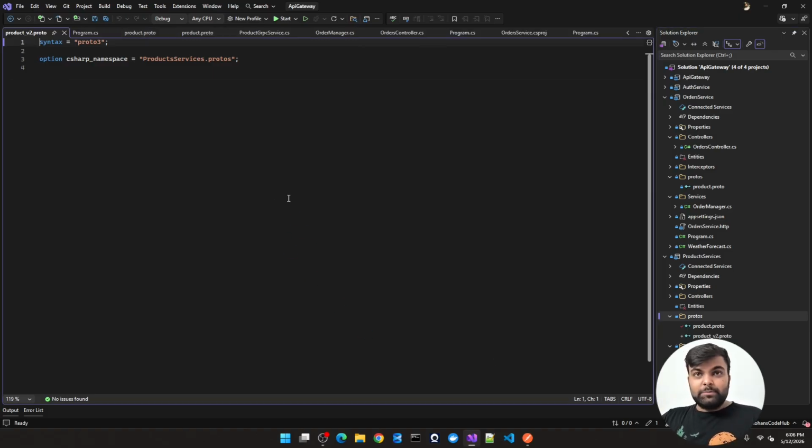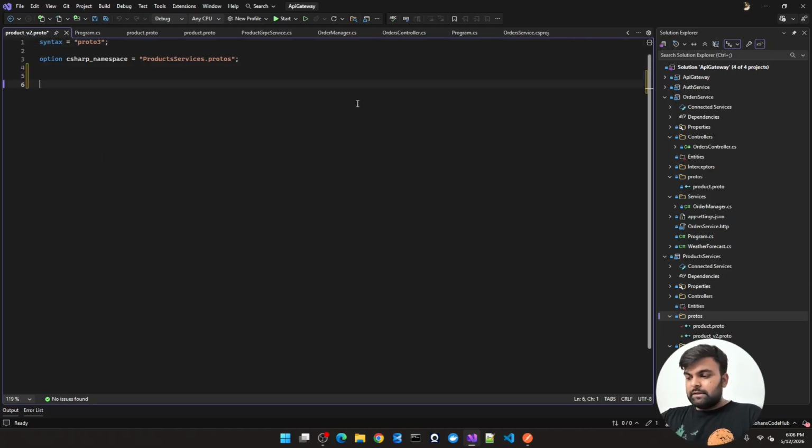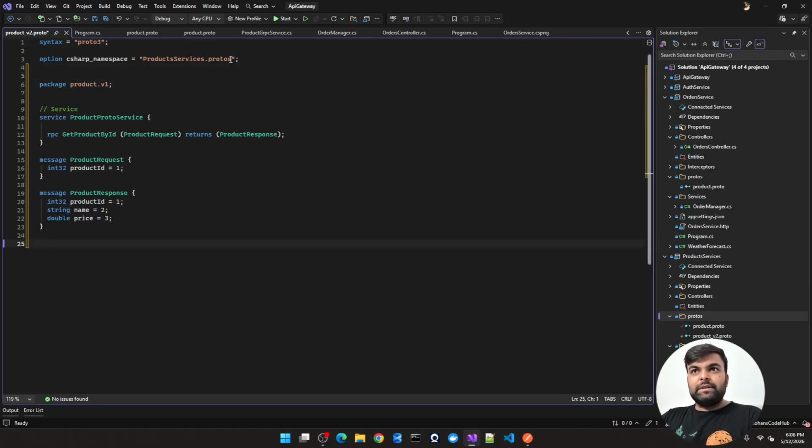Okay, in this product file, keep everything the same. I will copy this package as well, paste it here, and implement version 2. Let's make it version 2 as well.